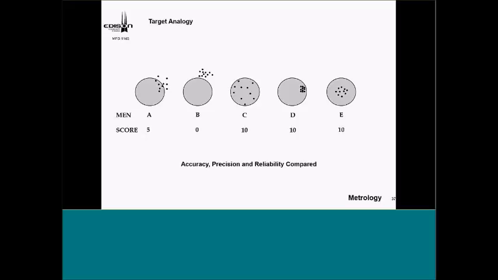So then I'll say, okay, which one's more precise? And again, they'll look at it and they start thinking a little bit, and they'll say, well, B's precise and D's precise. And again, D is really precise. It's the closeness, compactness of the readings. But who's